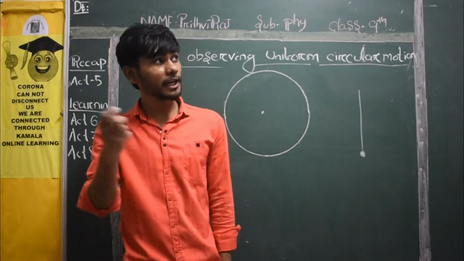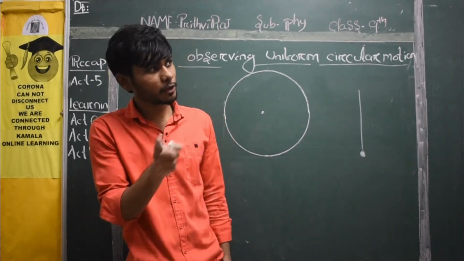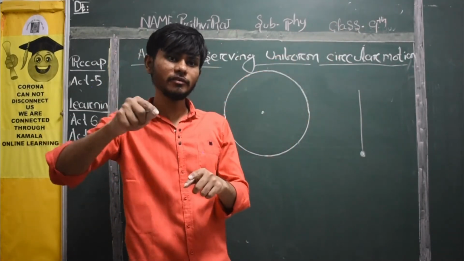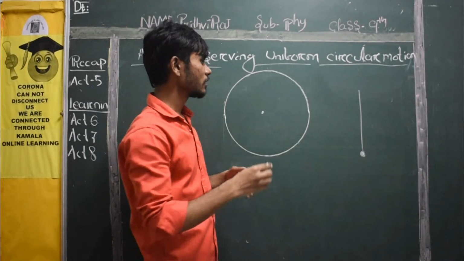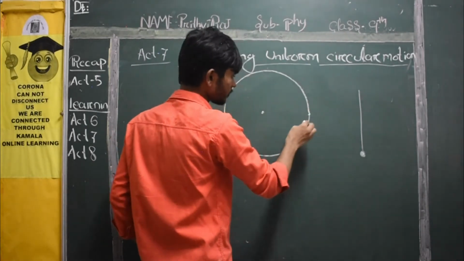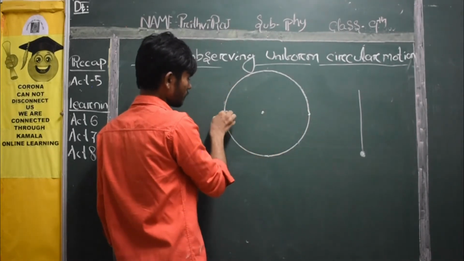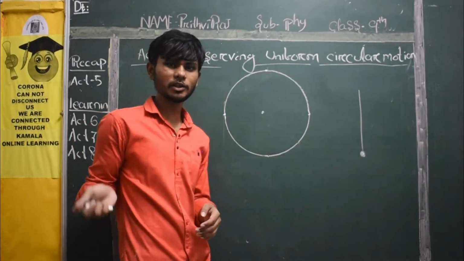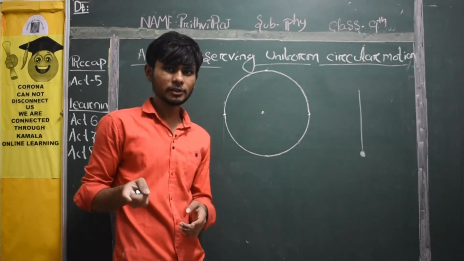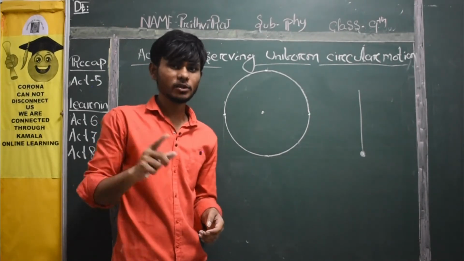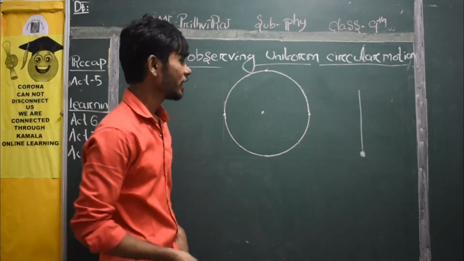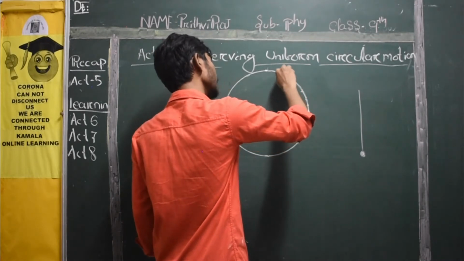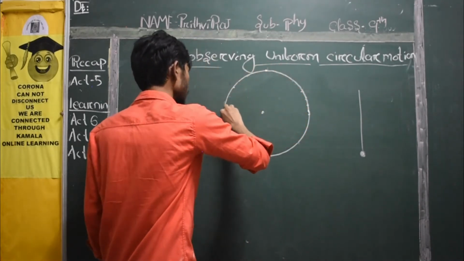Now try to leave it. What you will see, will it go circular? It will go straight, right? In the direction where we have left it, on the same direction it will go straight. So here what you can see is speed is constant, right? Here you are the one who is rotating it. So here the speed of the particular pebble is constant, but direction is changing or not. At first point it was there, then here it is, here it is. So at each and every point the velocity changes. Yes or no, students?